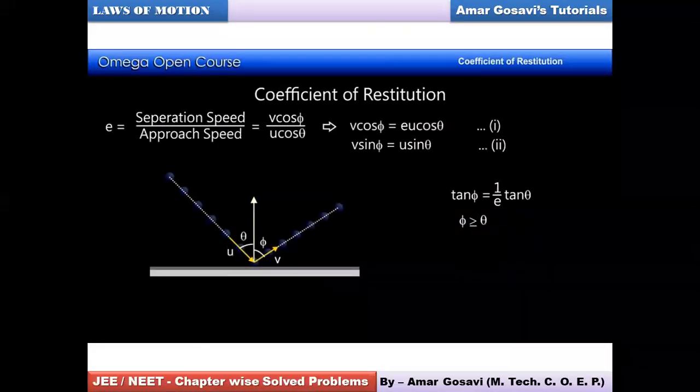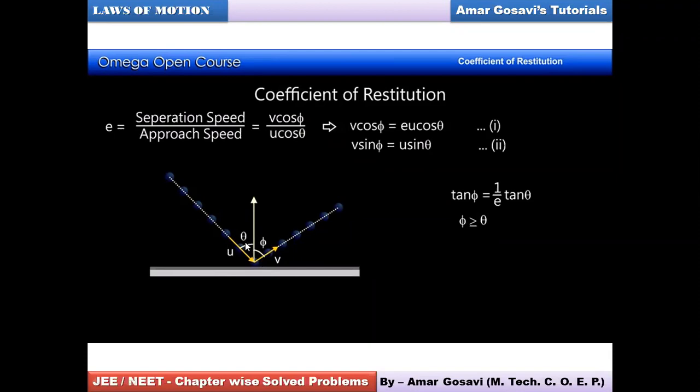Just try and observe this. Forget about looking at the equations. Just check out the diagram first of all. If you look directly at the equations, it may appear to be a complicated thing. Just look at the diagram, friends. Here you can see, u is the approach speed of this ball, which is inclined. Say the angle of inclination is theta with the vertical, and when it hits the floor, again it moves in an inclined manner. So v is the final velocity, but the angle with the vertical is phi. These are two different angles.